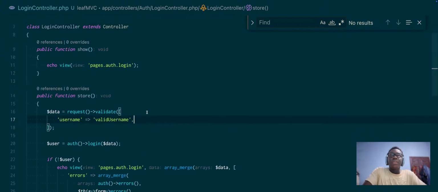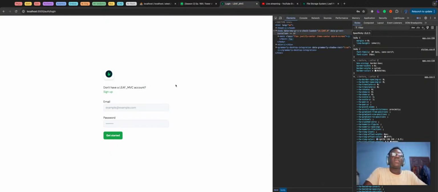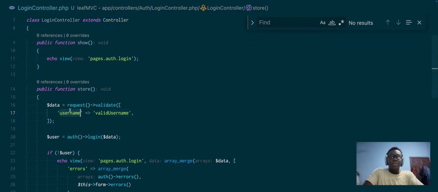So in this case, for this particular validation, we have an email field and a password. So we'll pass in email and we expect email to be a valid email. And then we expect